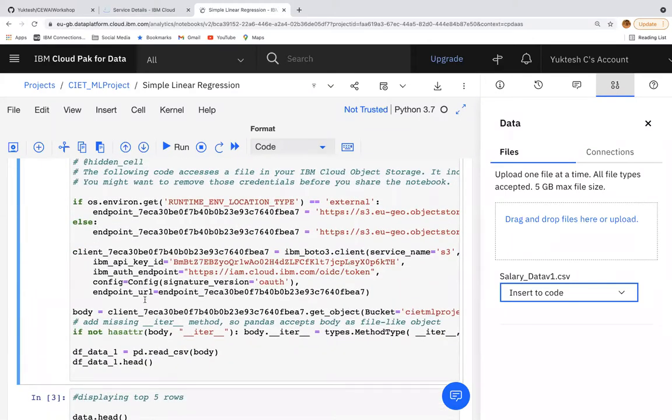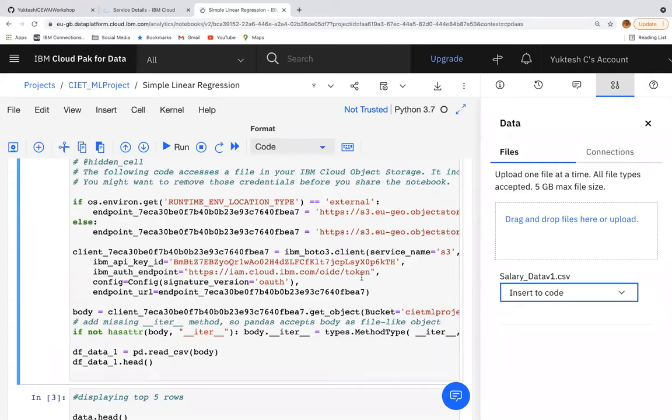These are all the code which is specific to cloud, right? Whenever you are working with external data, it has to ensure authentication keys, like auth ID, key, endpoint. So this is all code which is directly created by IBM Cloud only. You don't have to bother about it.